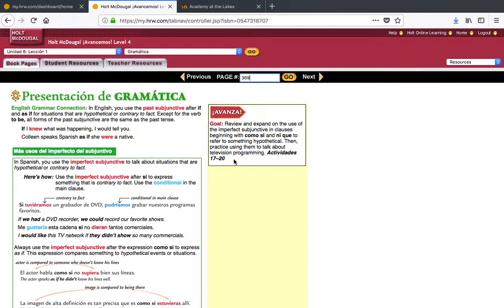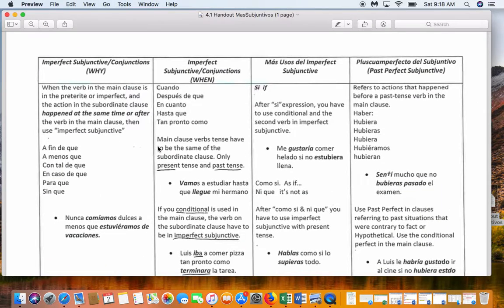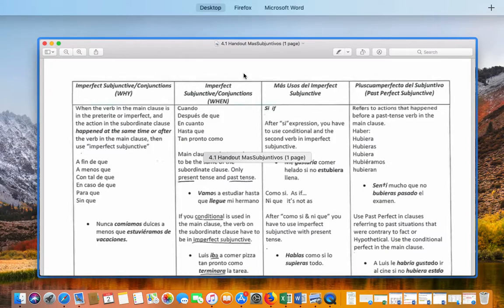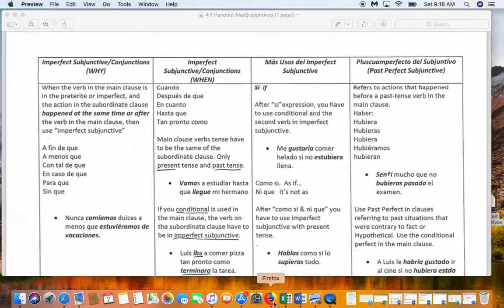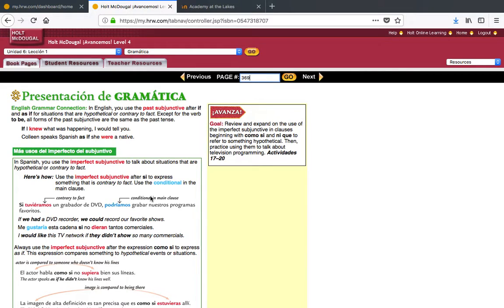All right, so anyway, today we're going to learn about más uso del imperfecto del subjuntivo. You do have this in your handout, in Moodle, I'm sorry, and you also have this one as well, which is the one that's going to help you more than the first one. We already covered this one, and today we're going to talk about this one right here, okay? So let me go back to the textbook, which is right here. You also have this one, más uso del imperfecto del subjuntivo.